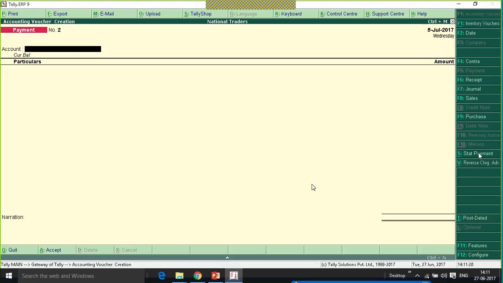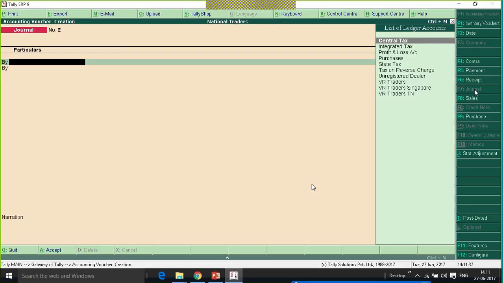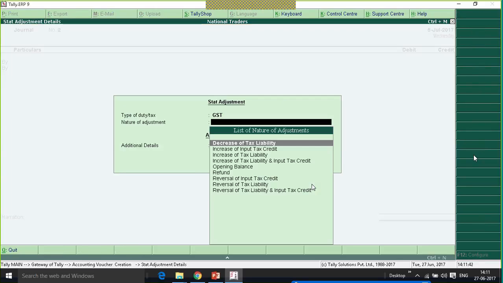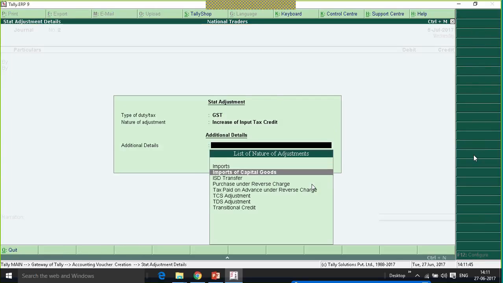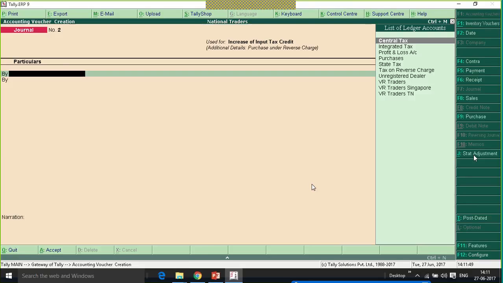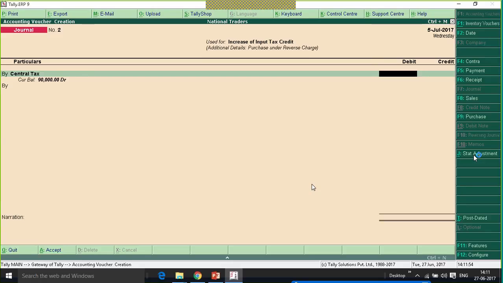Now, since I have remitted the tax to the department, I have to avail the input tax credit, right? So I will record a journal voucher with the stat adjustment, GST, increase of input tax credit, purchase under reverse charge. So I'll debit my central tax since I am increasing my input tax credit.